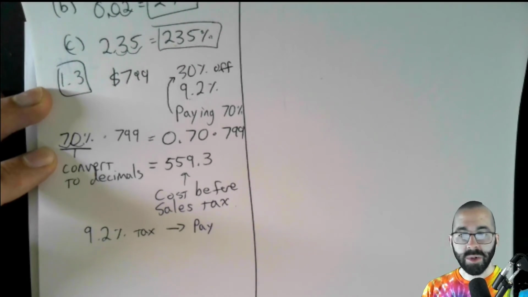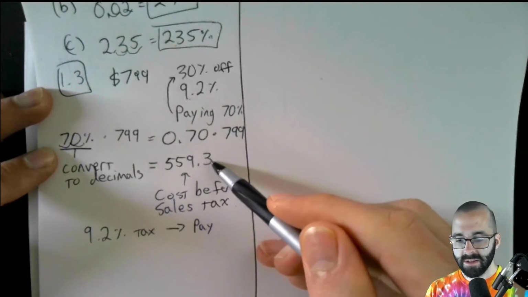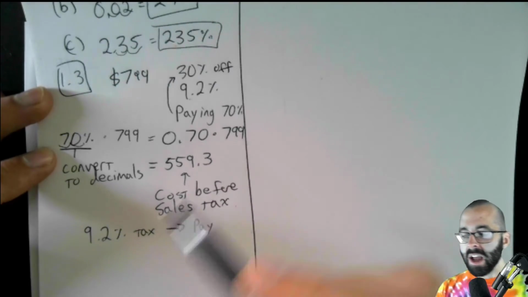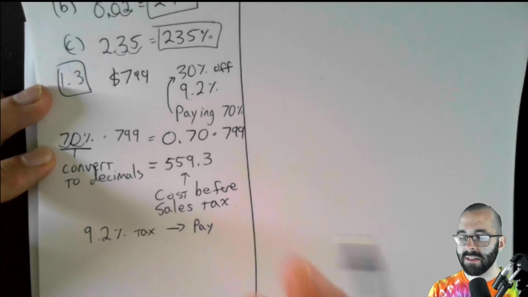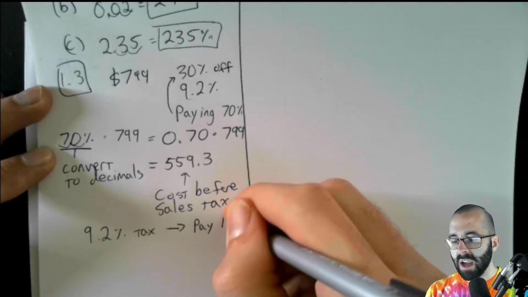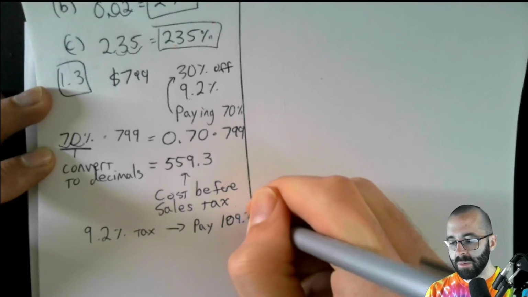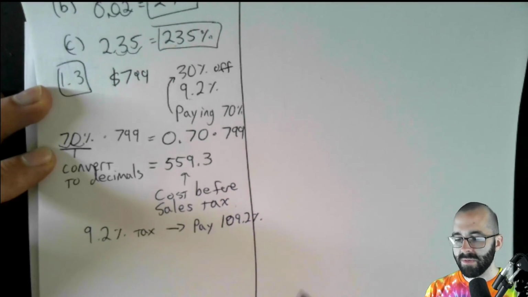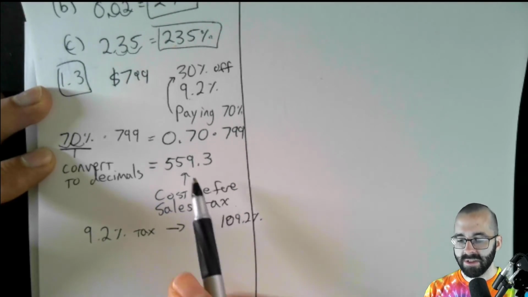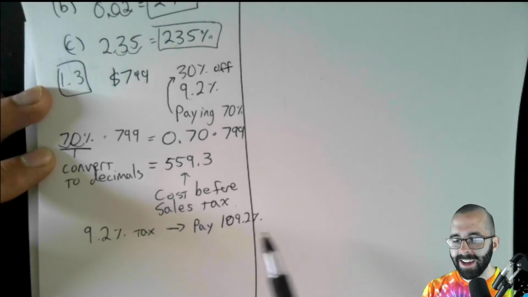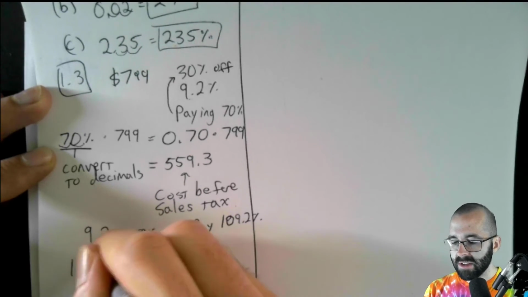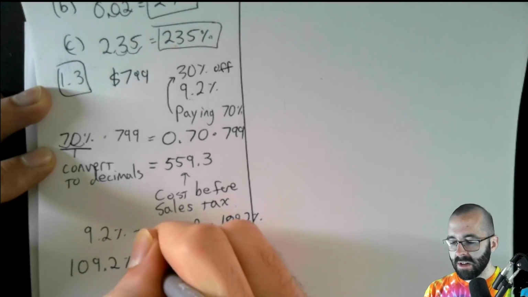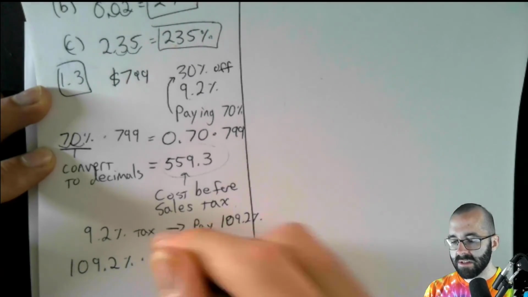We're paying 100% of this, because we have to pay for the whole item, but we also have to pay this additional percent, this tax. So we're going to have to pay 109.2%. 100% is the cost of the TV or whatever we're buying, and then 9.2% of that is additional money that we have to pay. So again, just like before, 109.2% of this cost before sales tax,